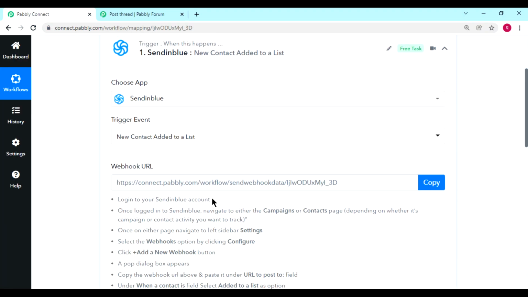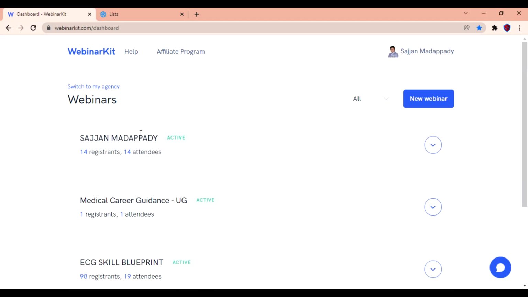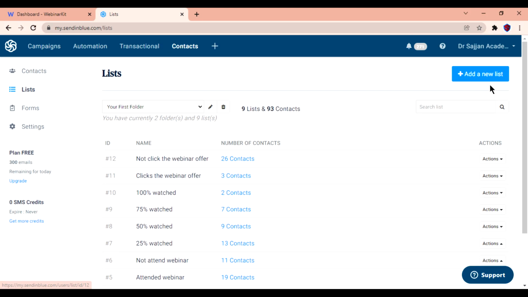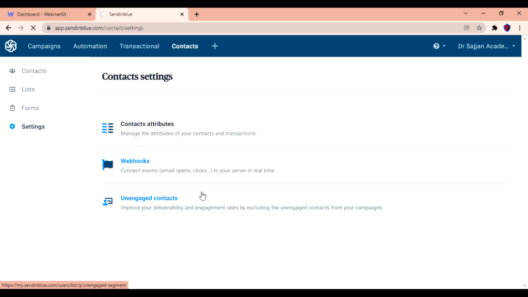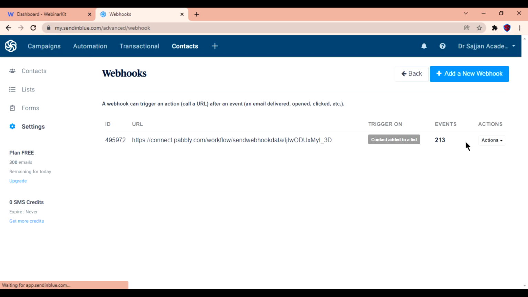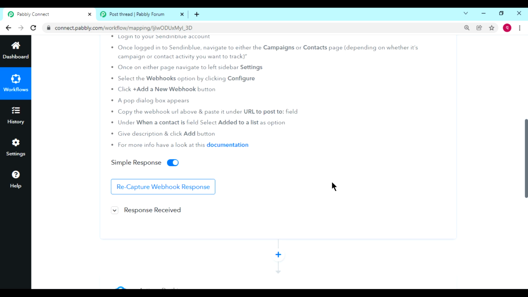As you can see, this webhook URL I have put in Sendinblue also, so it is triggering the data.